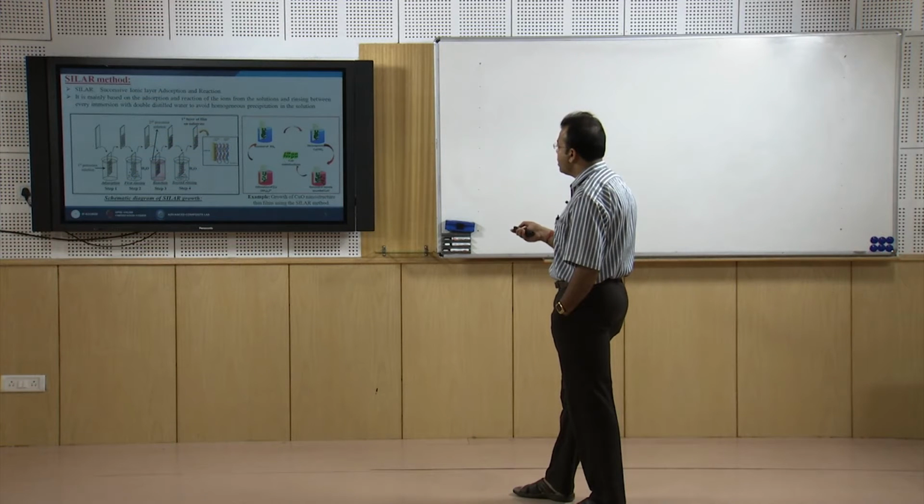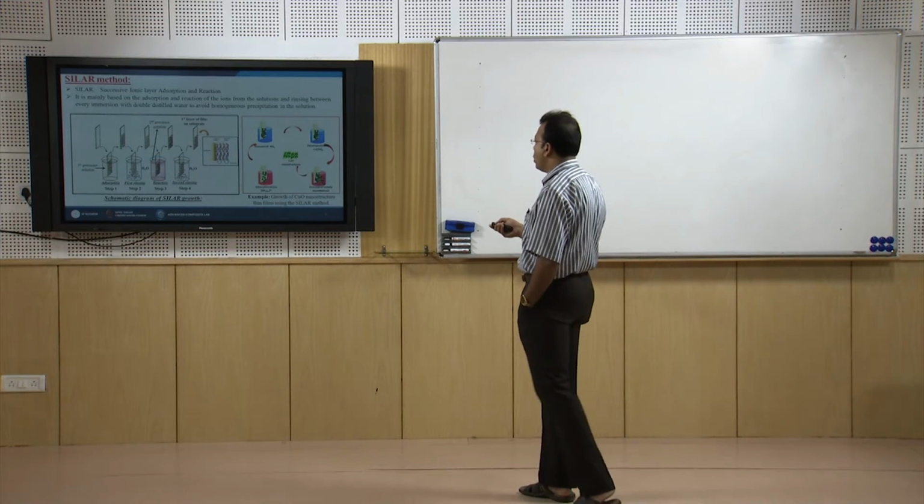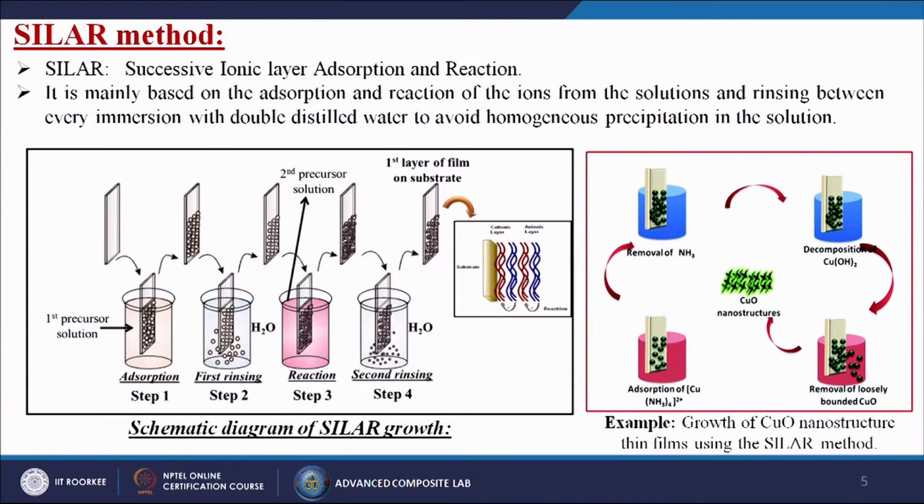So, what are the methods? This is a very nice example: growth of copper oxide nanostructured thin films by using the SILAR methods. First we are taking the adsorption of the tetraammine copper(II) ion onto the substrate itself. Then we are removing the ammonia, because when you dissolve it in liquid water, that ammonia is removed, then we have the decomposition of the copper hydroxide,